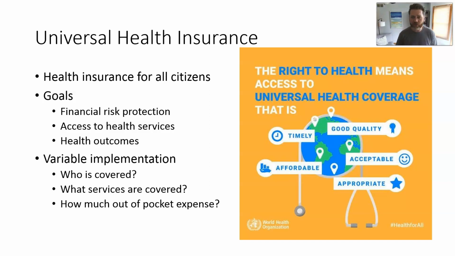When we look at different plans, different countries, there's massive variation in terms of who is covered, which services are covered, and how much that individual ends up paying out of pocket anyways, right? So even if you have a universal health insurance program, many countries still have their citizens paying out of pocket expenses in addition to the taxes that pay for it, certainly, right? To also help cover those costs.